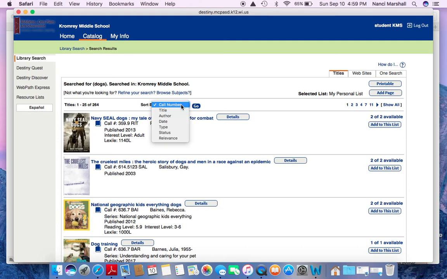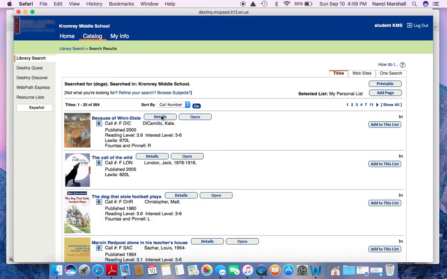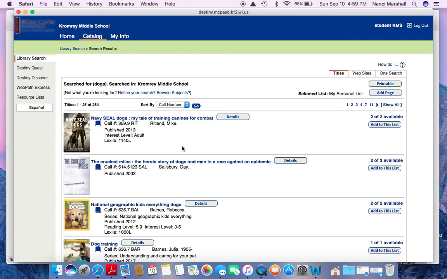You can sort this. You can change this around a little bit if you want it to sort alphabetical by title or by author, or maybe you want more current information. You could search by date. I'm going to search by call number because that puts it in order, and I have to click on Go. That puts it in order according to the call number. And it'll start with nonfiction and go from there. So you can see that the call number here is